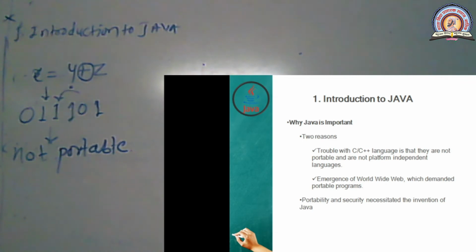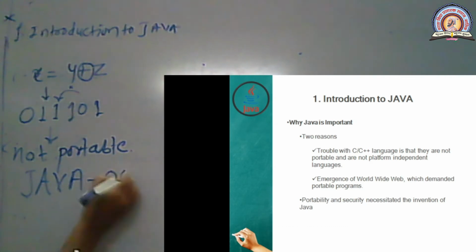And to fulfill this need, a language evolved. That language is Java, which is an object-oriented programming language.